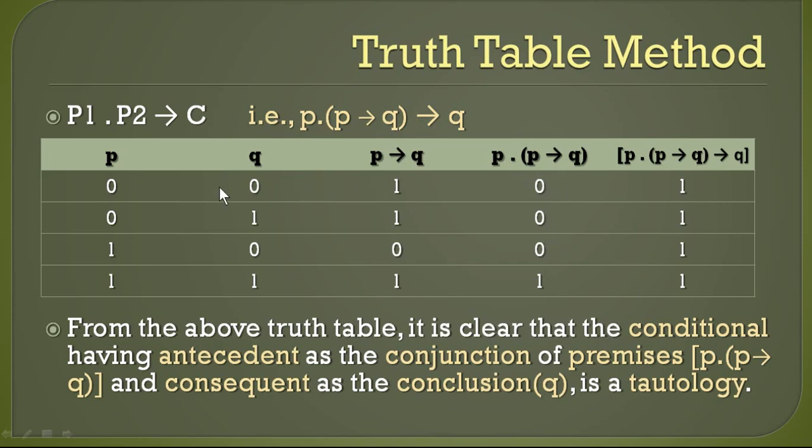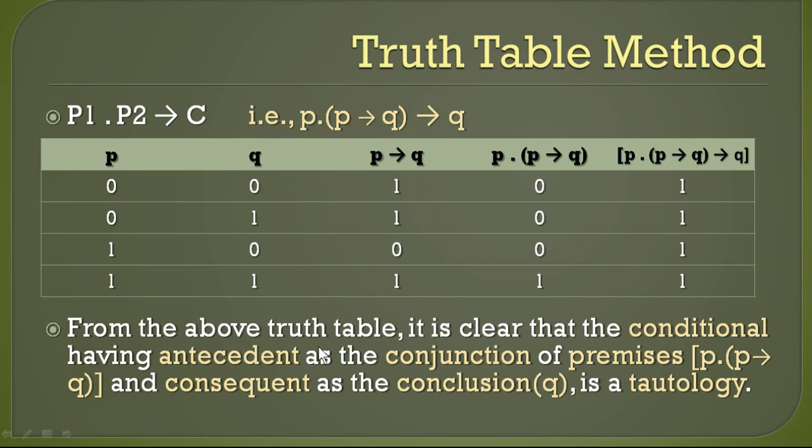So 0 implies 0, that is conditional, is 1. You have to see it this way, from this part to this part, from right to left. 0 and 1 is 1, 0 and 0 is 1, and then finally you got 1. If it were 0 here, it would become 0, but here you got 1, so it will be 1. So you can see in the final column all the values are 1.